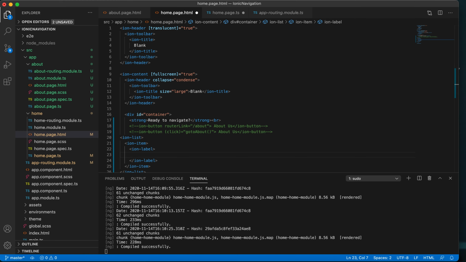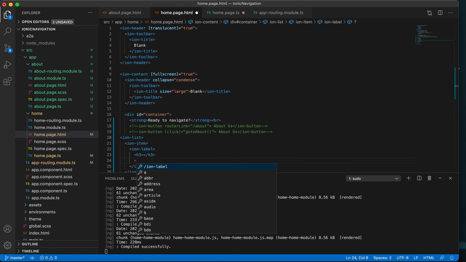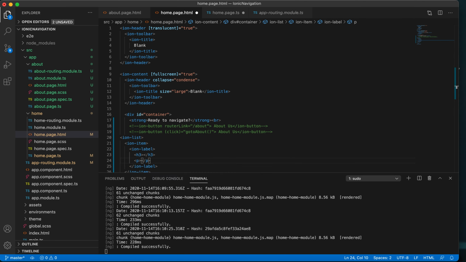Here I am going to mention the price and the product name. If the user clicks a particular product, we need to pass the ID of that product. So first I am going to add the loop here.